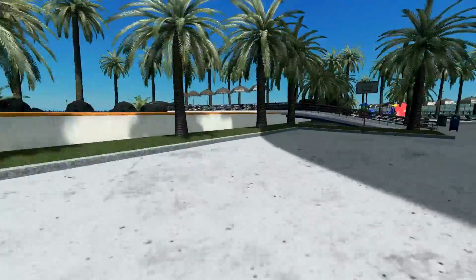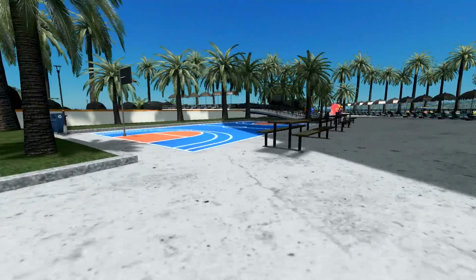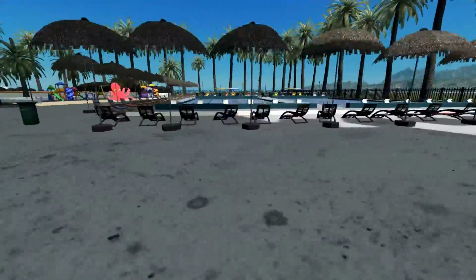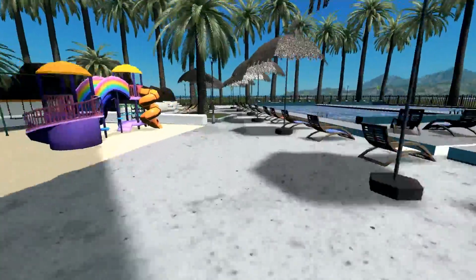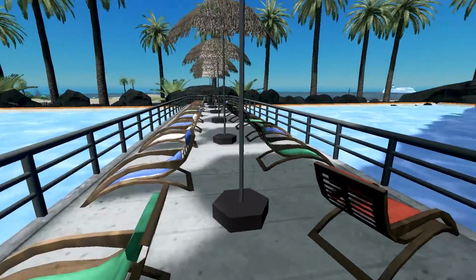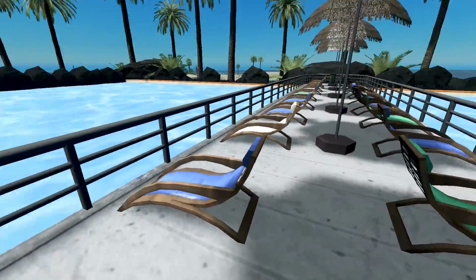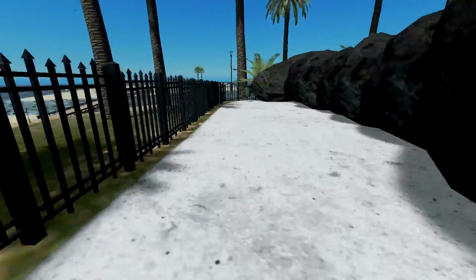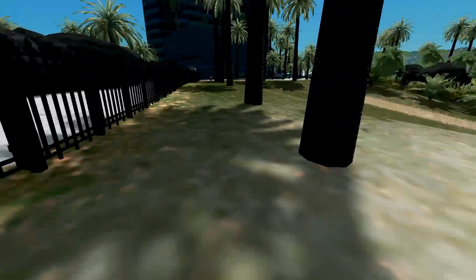Got the basketball court. Come out here to shoot some hoops. It's funny, when I go over the decal, it disappears. We've got it separated by some bushes here. We've got some chairs and umbrellas. Little playground. Walk up here, this little area overlooking this part of the pool. It's just awesome. I like it. And if we walk around back here, behind the rocks, out this gate, little double gate here, you can access